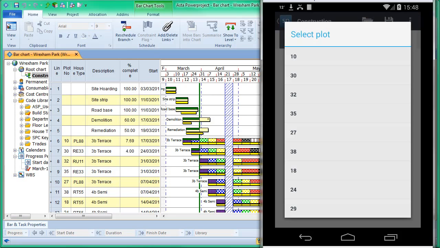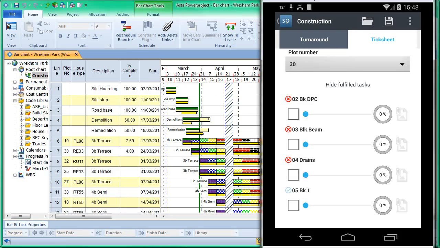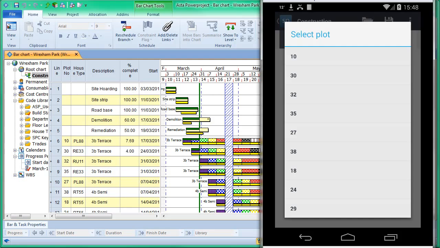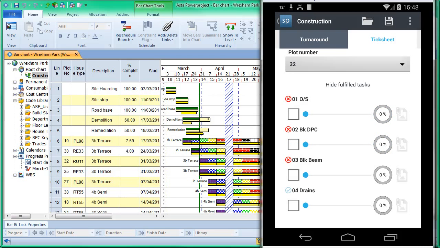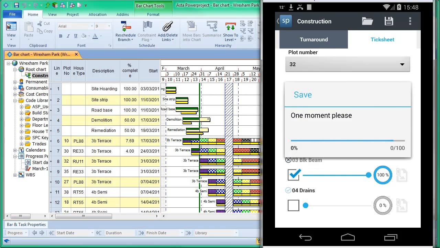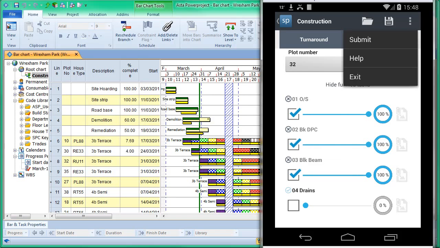So we can take a photograph, but we can't leave notes at this stage. So this is plot 30. We should have done up to block beam, but we haven't done the drains, etc. And so this is why it's called a tick sheet. You can say a percentage, but the ideal solution really is you're saying that we've just got a bit ahead of ourselves here. And so again, we can submit this project when we finish working on it, usually at the end of the week,